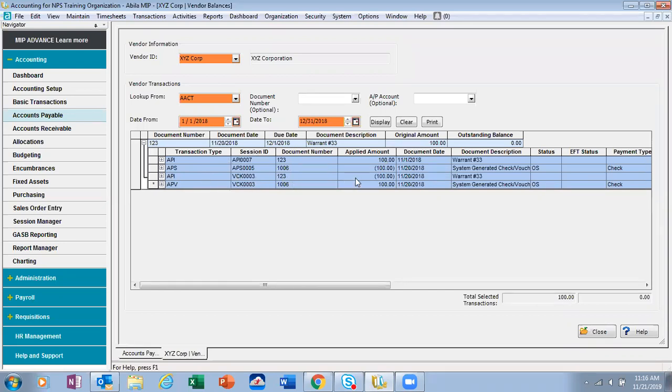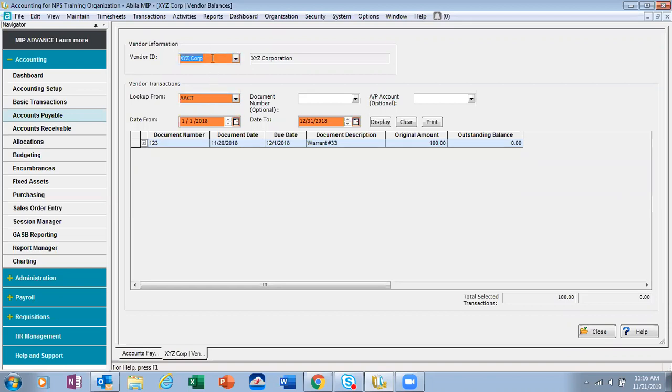And in this case, the invoice is now a negative 100, which reverses the original or top entry for a positive 100, and the APV is a positive 100, which negates or reverses the APS of a negative 100. So here's an example where with this vendor, it completely reversed. Okay. On the other hand, when I say Staples, and go ahead and display that information, the difference on